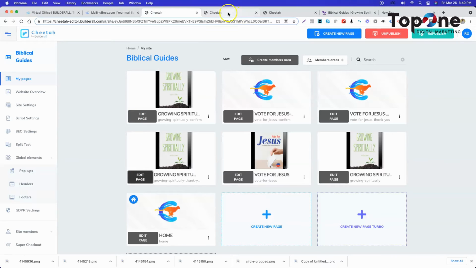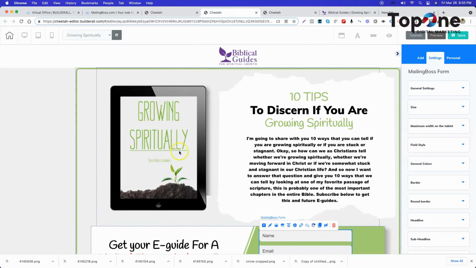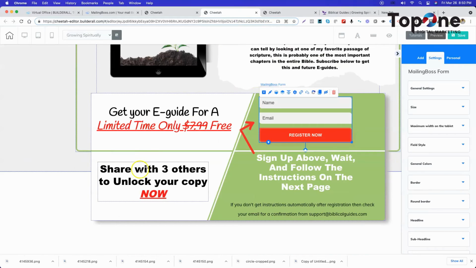So the first thing you're going to do is build out the actual landing page. You build out your landing page, you have your descriptions, all the information that the user needs to consume and to proceed. And so you have a form. You configure this form however you want to configure it. But the important part is,